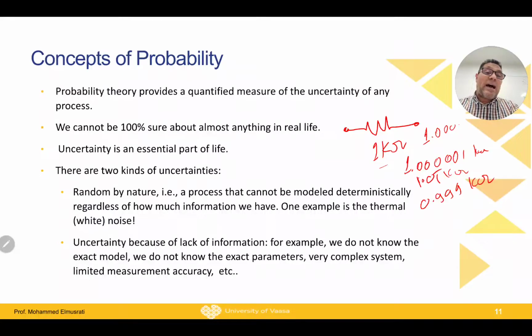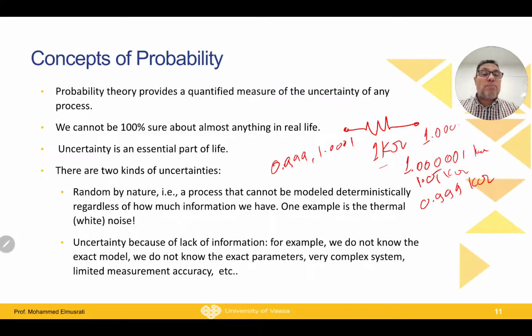But if I ask you what is the probability that this resistance will be between 0.999, for example, and 1.001 kilo ohm, this is not 0. This can be some value. So actually we don't have perfect manufacturing for anything. So always we have some uncertainty. So we always have an accuracy problem. Of course, we cannot have infinite accuracy, and we have limitations in measurements.